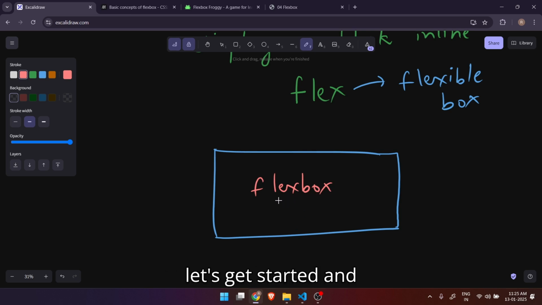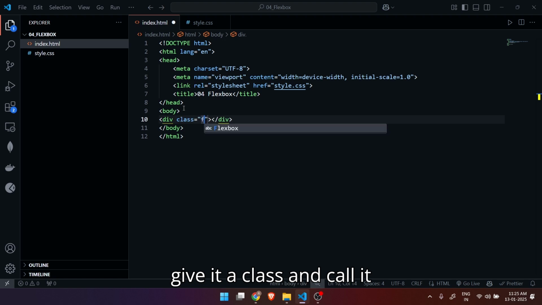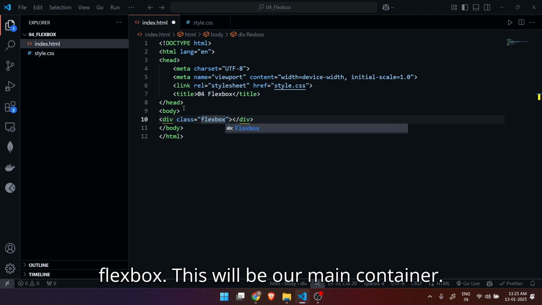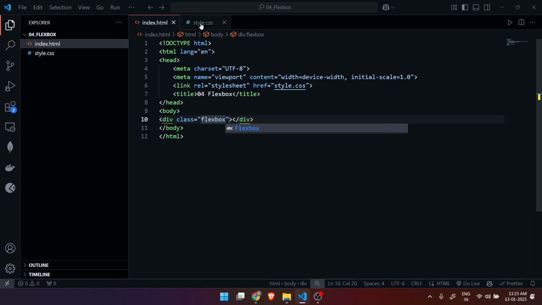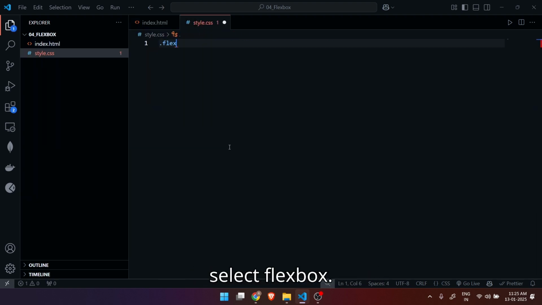So let's get started and see it visually. So first I will create a div and give it a class and call it Flexbox. This will be our main container, and I'll go to style.css and select Flexbox